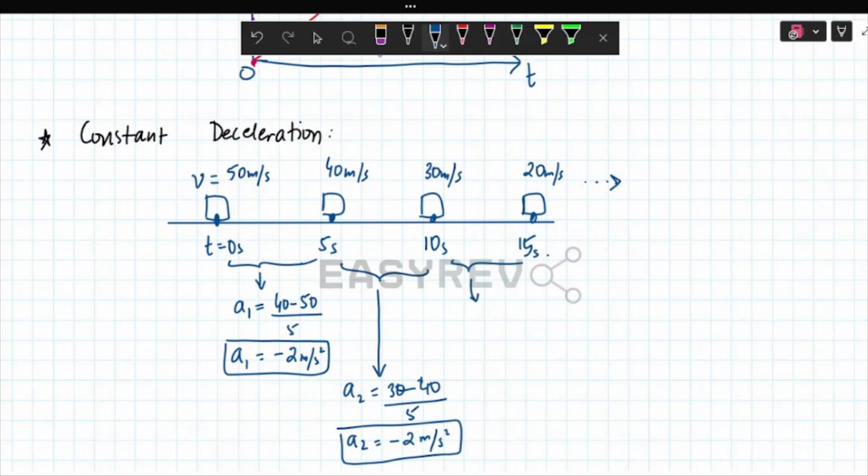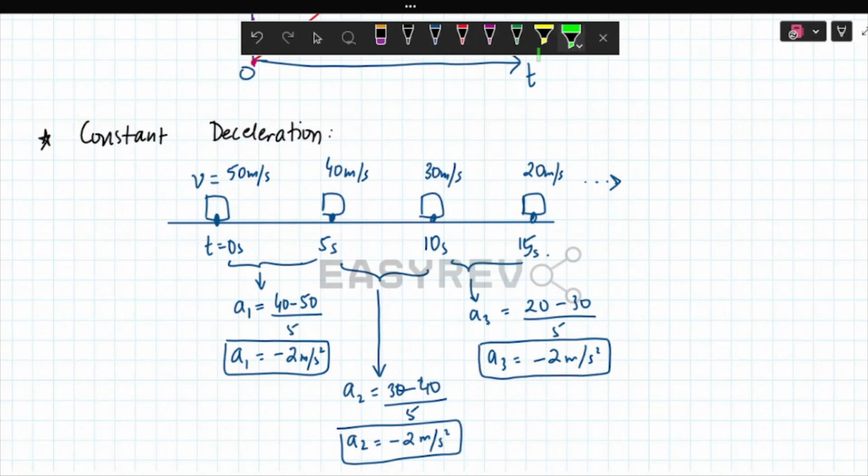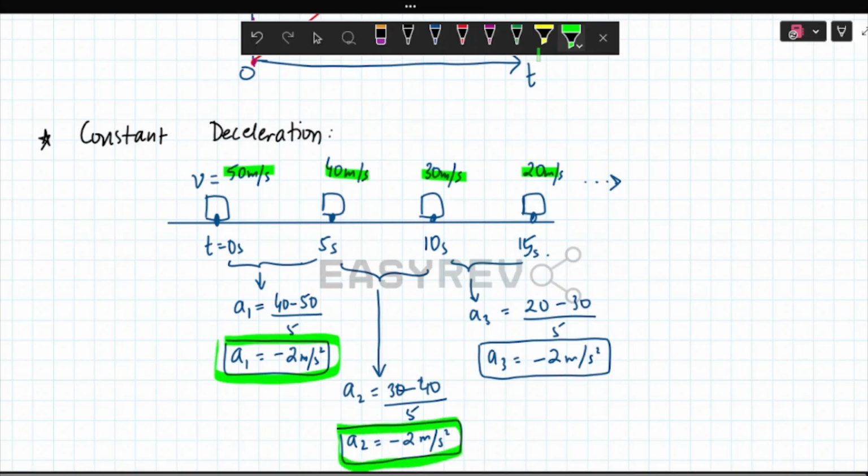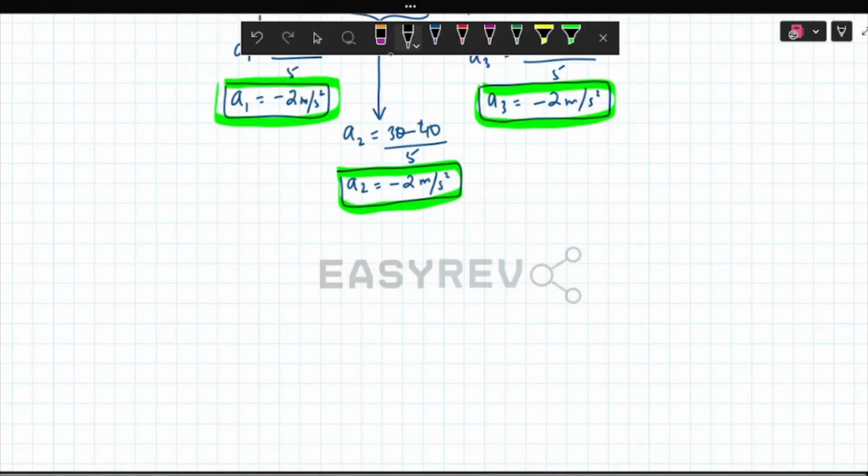And for the third interval, 20 minus 30 divided by the same 5-second interval, giving you once again minus 2 meters per second square. Notice how, number one, there's a decrease in velocity occurring. Not only that, but the decrease in velocity for each interval of time just so happens to be kept constant. And we see that the value of this negative acceleration, which is precisely what we call deceleration, is staying the same. So now we categorize constant deceleration as the kind of motion wherein decreases in velocity